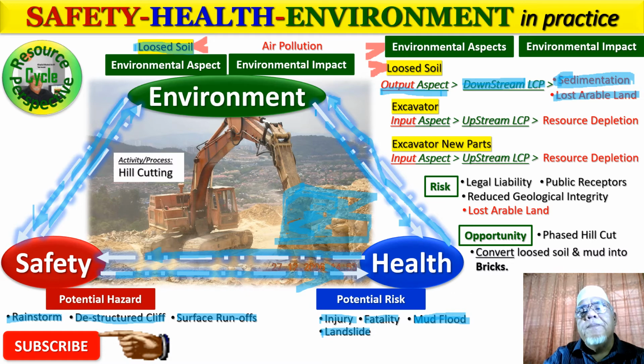Now, the other environmental aspect that we would like to discuss is the excavator machine itself. What is it made of? Metal, steel, wires, electronics, all are made from what? Metal is made from what? So since the excavator is an input into this process,